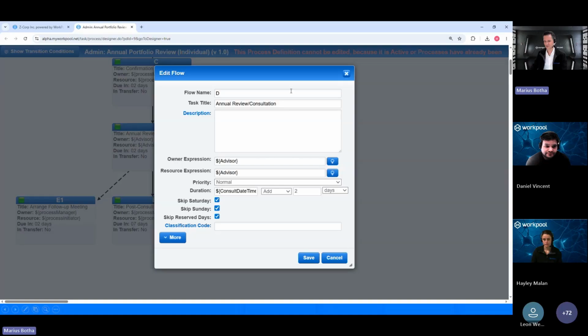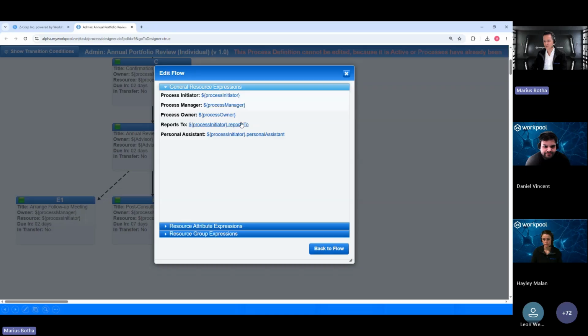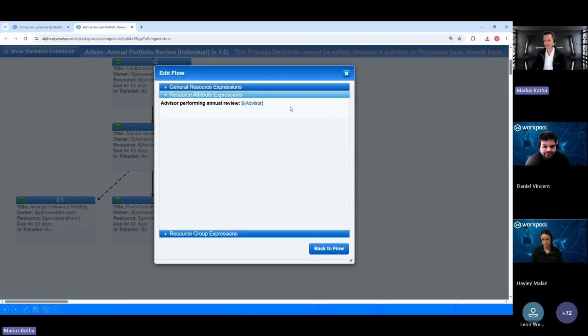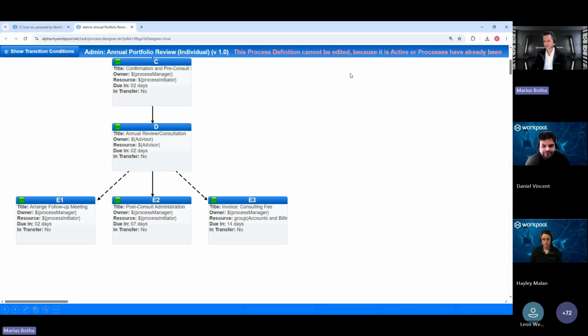So go have a look, play around with that. There's a lot of options here. We do go into a lot more depth in the standard training because, as you might see, there's like reports to options, personal assistants. Yeah, you can link to the directory, etc. I'm not going to go into all of that detail in this masterclass, so that's why you would need to,